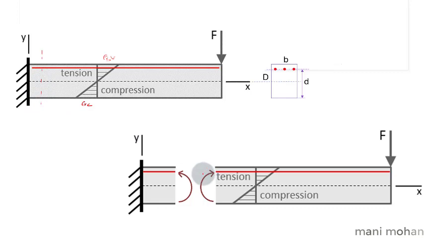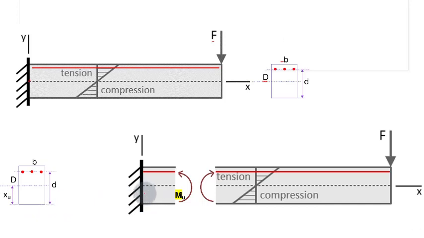Near the support, if we cut a section, here we have an ultimate moment Mu acting at this section. Let us consider the neutral axis depth as xu. At limit state of collapse, this beam under the action of ultimate load will be at its limit of failure. So at the extreme fiber in the compression zone of concrete, the strain will be 0.0035, while let us consider the strain in steel reinforcement as epsilon st.